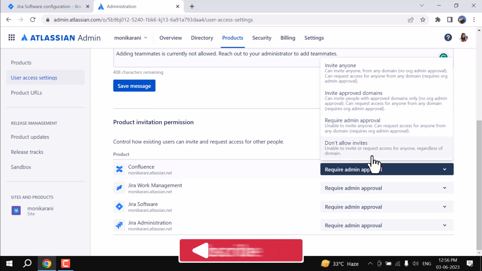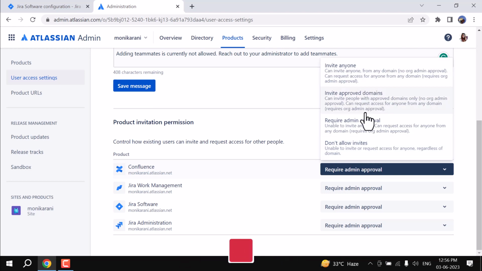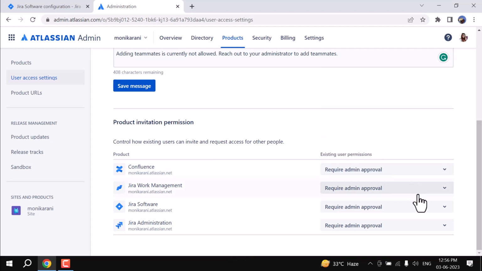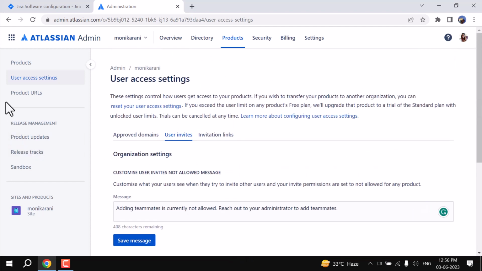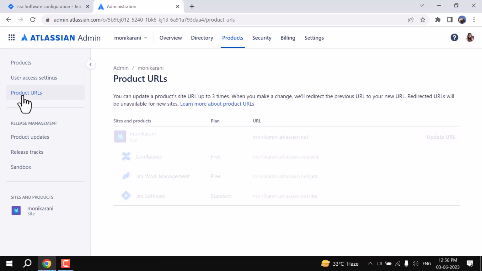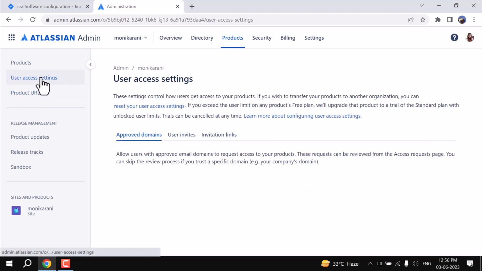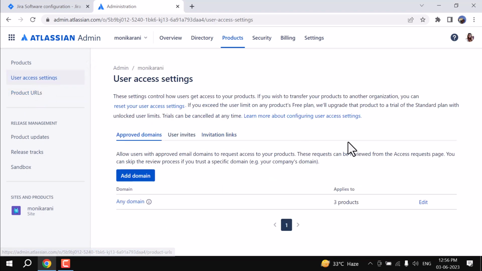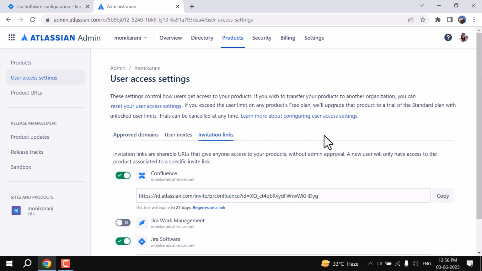Don't allow invites means unable to invite or request access for anyone, regardless of the domain. So these are the four options available here. Now we'll come to the product URL. Oh sorry, we will come back to the user access setting, and we have the third option also, which is